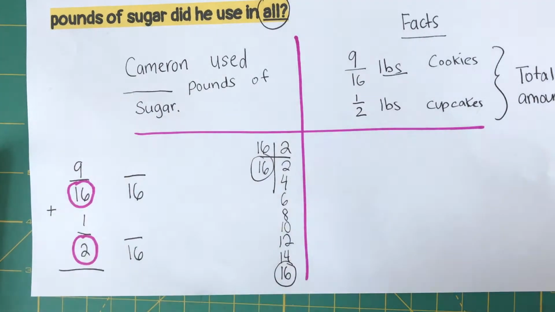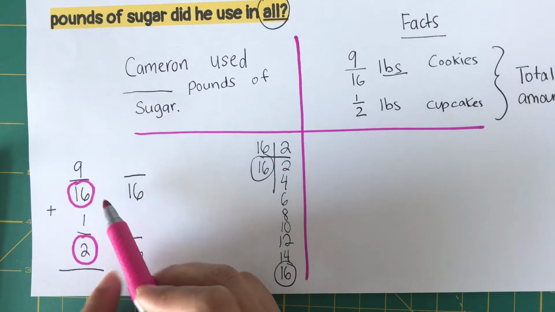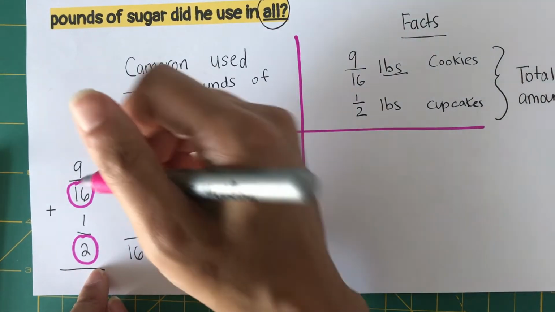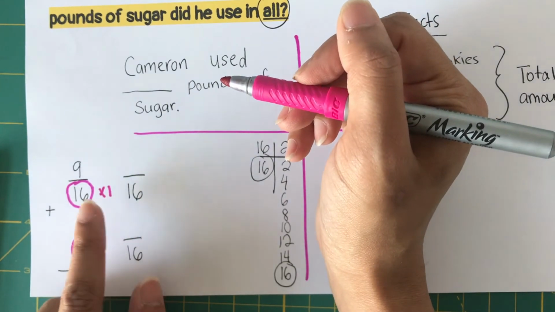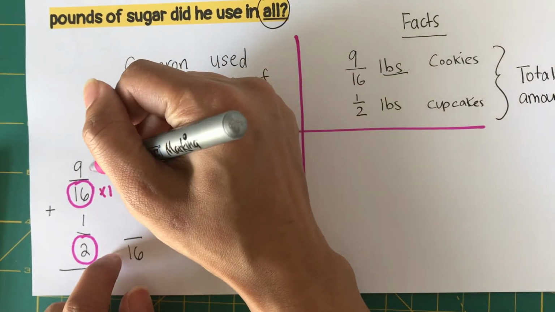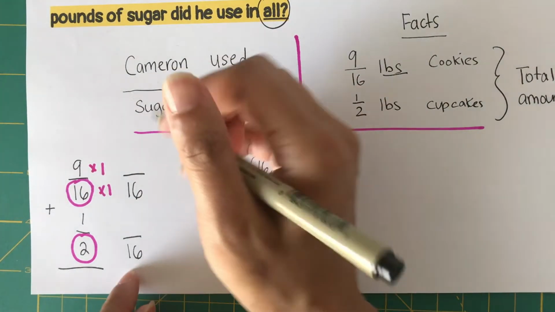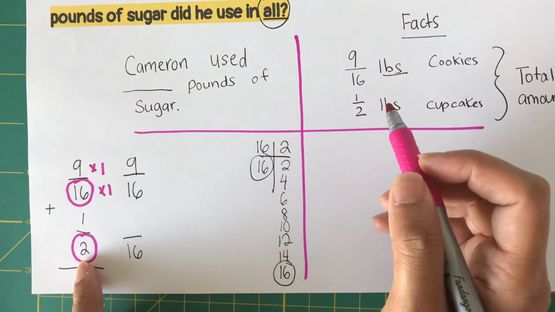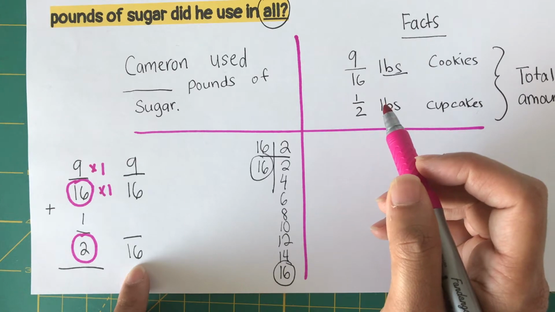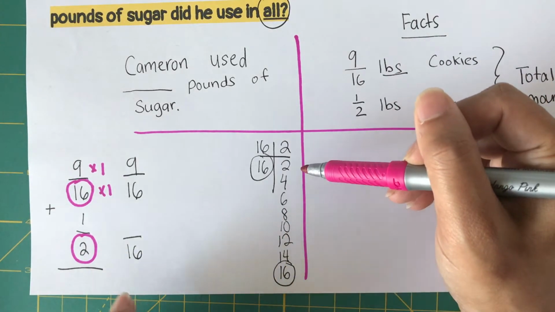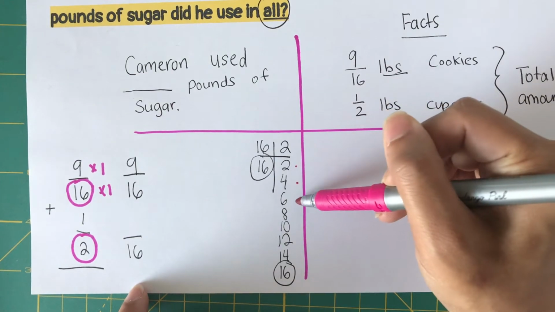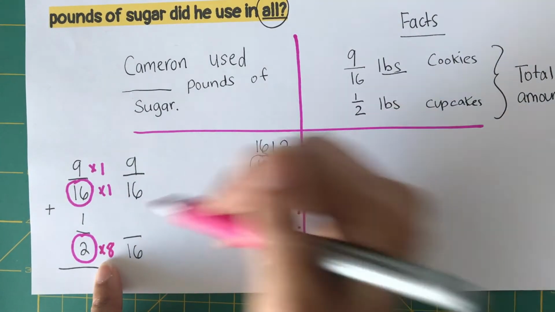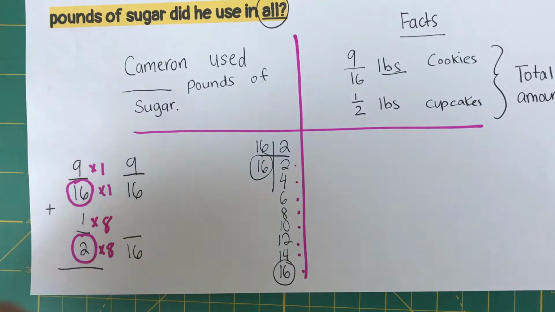Now what I'm going to do is multiply my numerator here. So 16 times what number is 16? 1. Whatever we do to the bottom, we do to the top. So our new numerator is 9. Now let's do the same thing for the bottom. So 2 times what number is 16? If you didn't know that, you could just go ahead and count right here. 1, 2, 3, 4, 5, 6, 7, 8. Whatever you do to the bottom, you do to the top. So our new numerator is